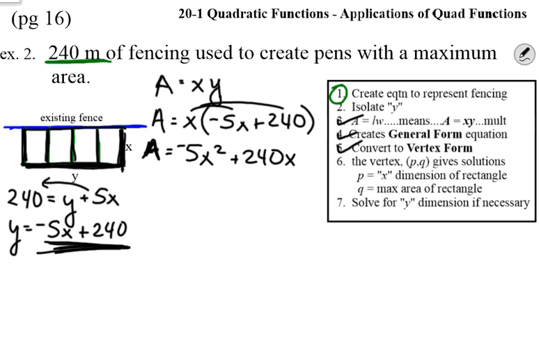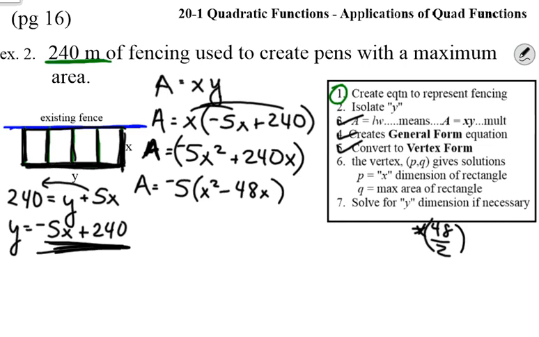Let's go vertex form. Bracket our x's, factor out the negative 5, x squared minus, because 240 divided by the negative 5 leaves us with 48x. There's that step. What do we do now? Magic step over here: 48 divided by 2, and then square it. 48 divided by 2 is 24. 24 squared is